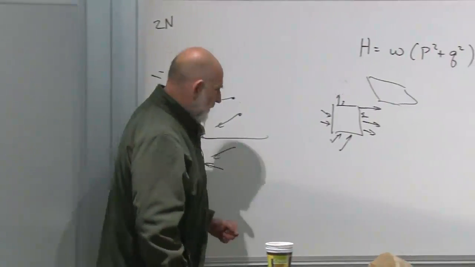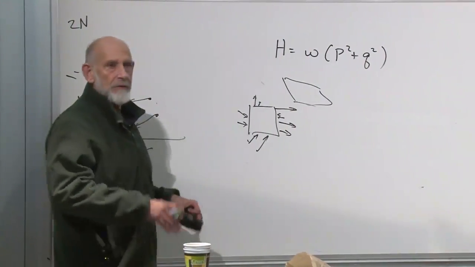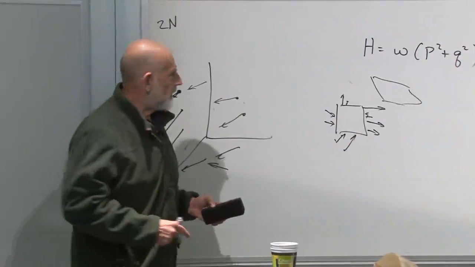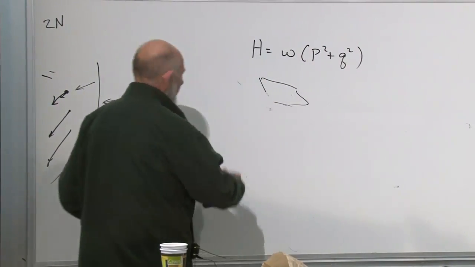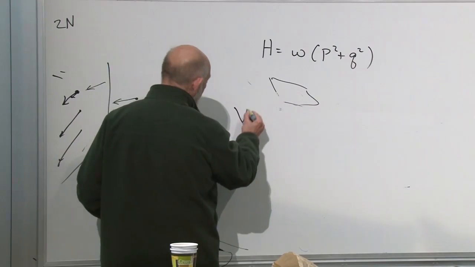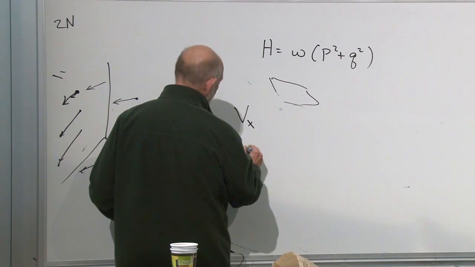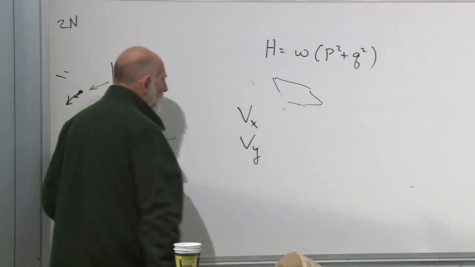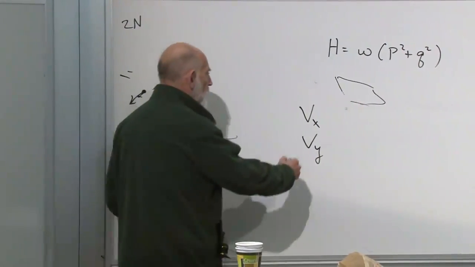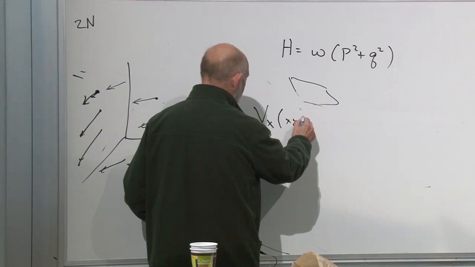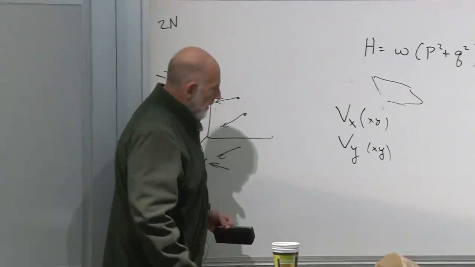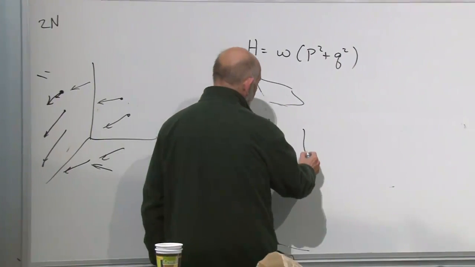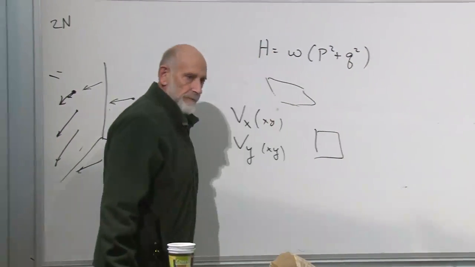Now, I'm not going to work out the mathematics of this. Probably many of you know it, but I'll just tell you what the answer is. Supposing we have, in 2 dimensions here, a flow vector which is Vx and Vy. These are the components of the flow vector. They depend on where you are, x and y. What is the condition that fluid does not build up in this region?